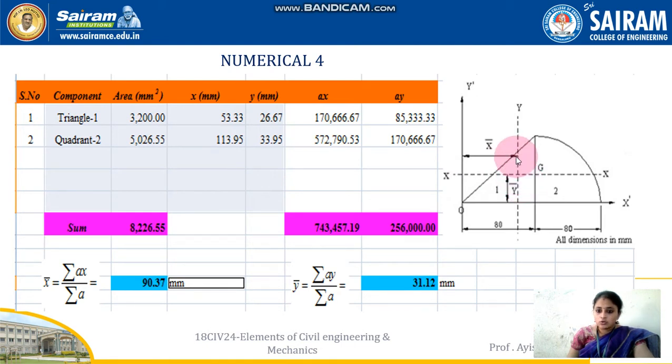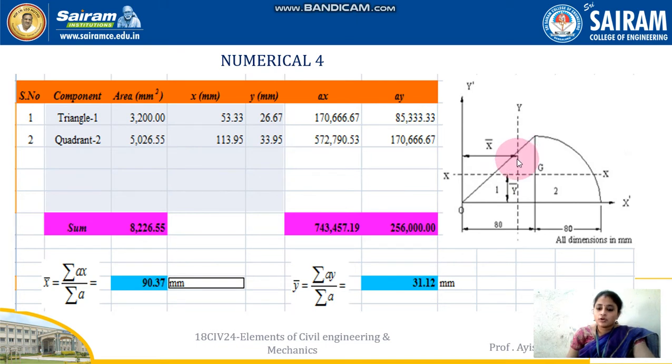So x1 is nothing but 2/3 of 80. How? This particular portion is 1/3 of 80. You see only the triangle. In this triangle this is the greater intensity part, and this is the lesser intensity part. From the greater intensity part it is 1/3 distance. At 1/3 distance the G point will lie, meaning the center of gravity will lie. So obviously the remaining will be 2/3 distance.